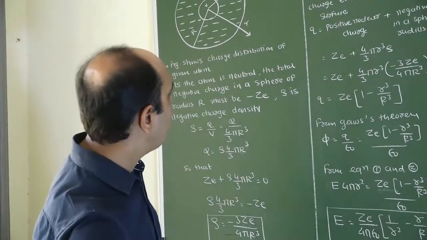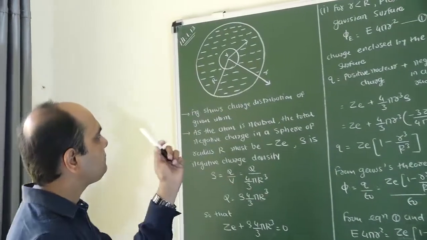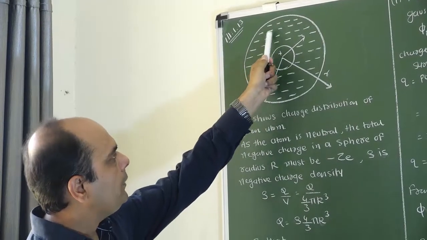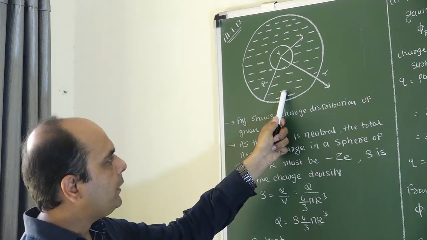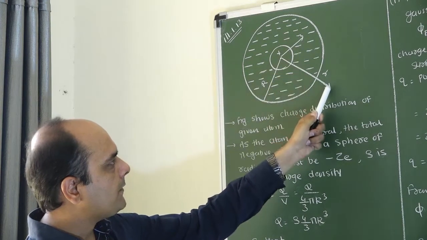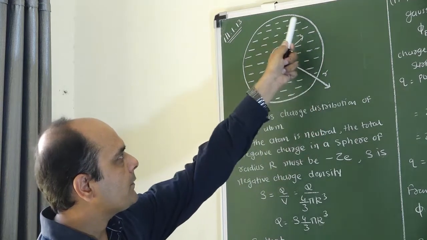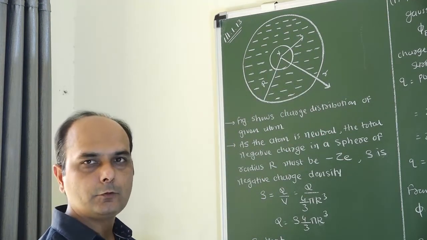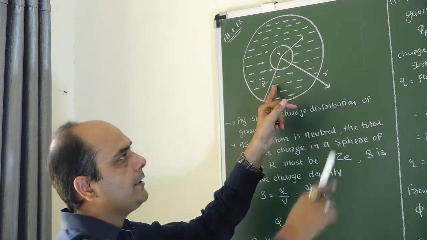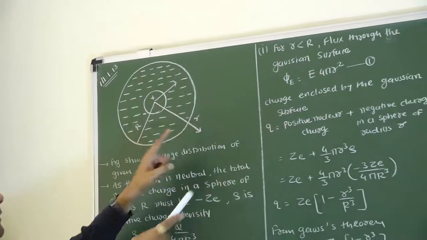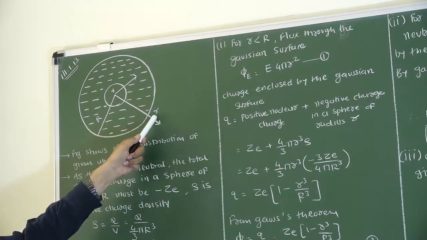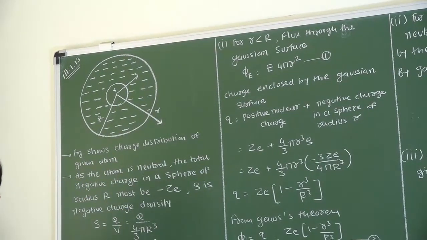So student, to calculate this electric field, first of all, observe this diagram. This is your nucleus. It has a positive charge, and around the nucleus are the negative charges. Calculate the electric field within this sphere, outside the sphere, and on the surface of the sphere. Total, there are three questions. For inside the sphere, r less than capital R, it is this case. For outside the sphere, r greater than capital R, it is that case. And on the surface of the sphere, small r is equal to capital R.